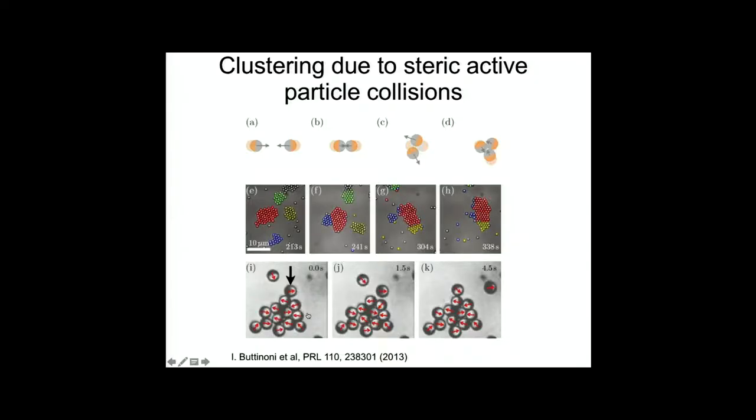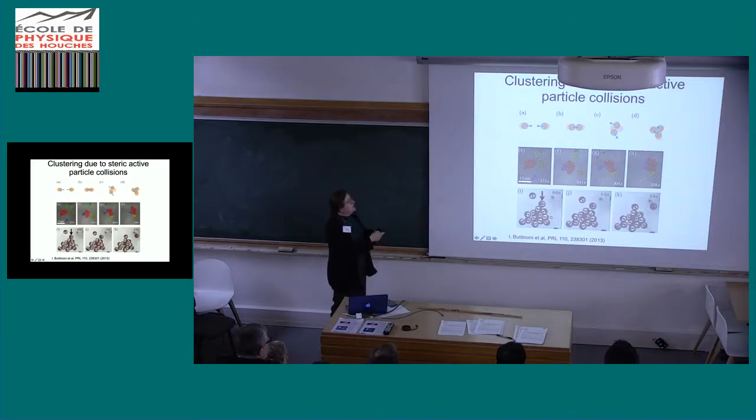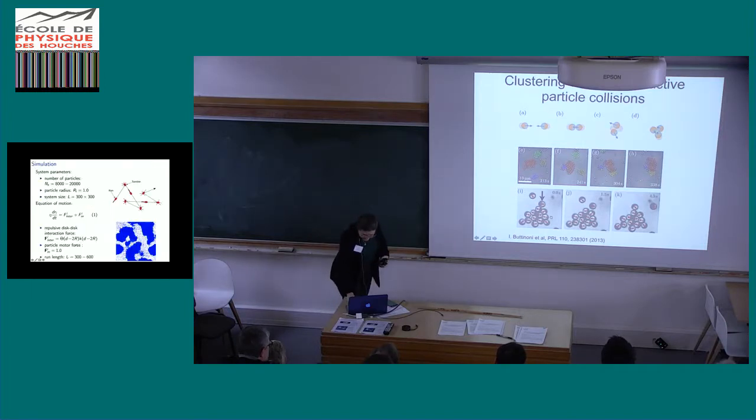Why do they form this big cluster? Essentially, it's like a rate equation. They can crash into each other, but if there's just two, they'll probably go past. But if they're dense enough that there's a chance that three of them can crash into each other, they're very dumb. So they just keep trying to swim, and then nobody can go anywhere, until somebody decides to change its swimming direction, and then this can break apart. So there's a rate at which these little clusters can form, and if they're spending enough time swimming in one direction, or they're dense enough, these clusters form faster than they fall apart, and you can get the transition to the very large clustered state.